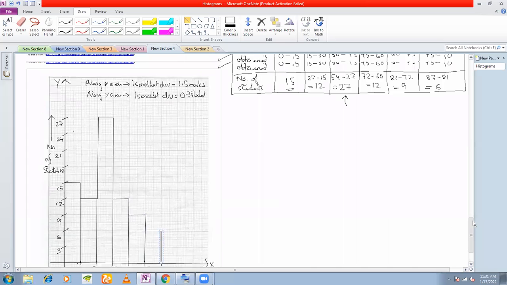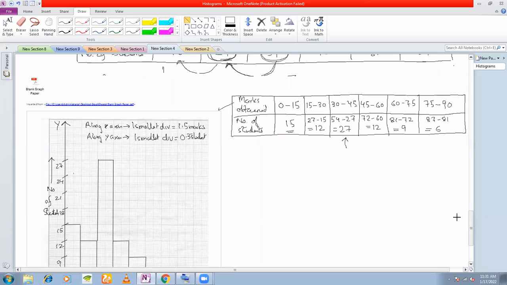Clear with this, or any question you have? These 3 questions cover all the problems from your textbook. Okay, any problem that you come across will be of these 3 types only and no other types. Okay, at the minimum you practice these questions, and if you want you can practice as many questions as you like. So I'll stop here. Now you tell me if you have any questions.